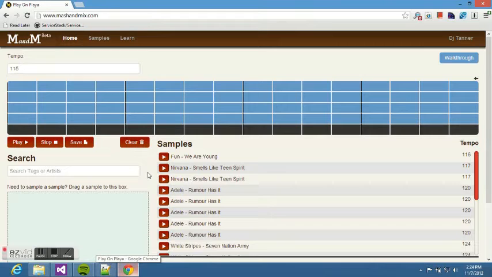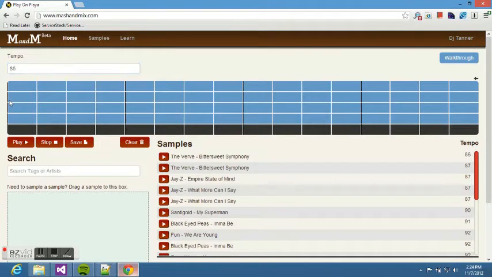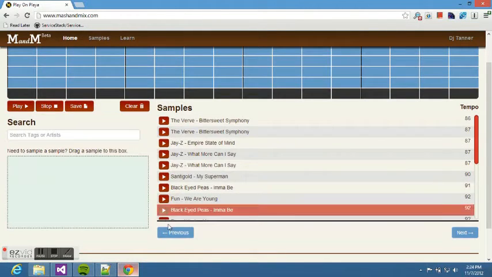In this tutorial, I'm going to demonstrate how to create a mashup using mashup.com. It's going to be a very basic mashup. I'm going to rush through it a little bit. So to begin, I'm just going to set the tempo for the player, and I'm going to